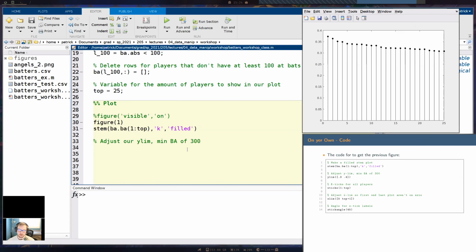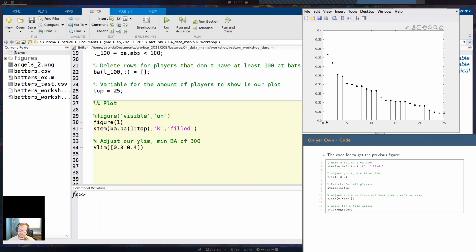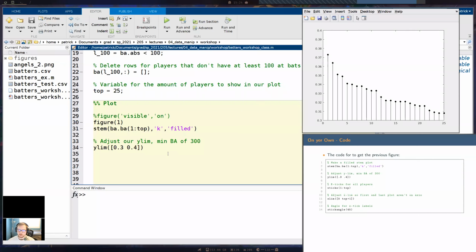So we're going to put our minimum y limit to 0.3. We're going to use our ylim command, and we have to use square brackets here, so we do 0.3 to 0.4. Now if I run this, you'll see it update over here. And there we go. We go from 0.3 all the way up to 0.4.